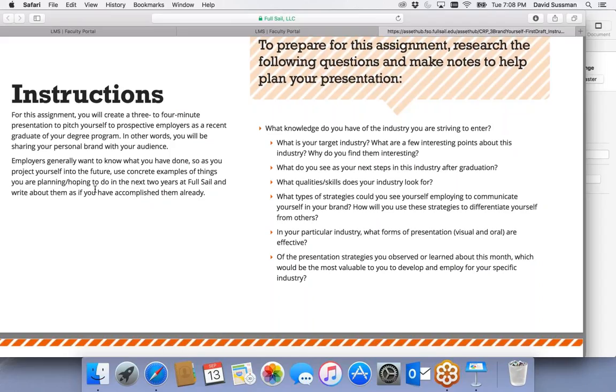So obviously you're not going to have much to say maybe at this stage in your education. But if you project yourself 2 years in the future, you should have things that you can mention, specific software that you've learned, specific skills, right, that you've learned here at Full Sail. Maybe you work on some sort of final project. So if you're a computer animation student, maybe you'll create a short animated film, right? You can certainly mention that